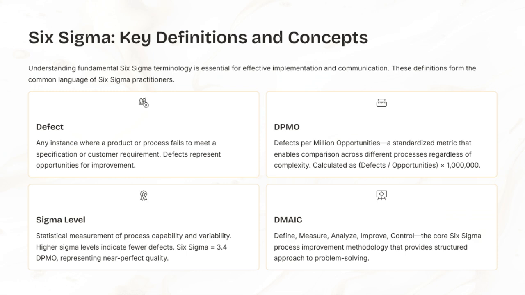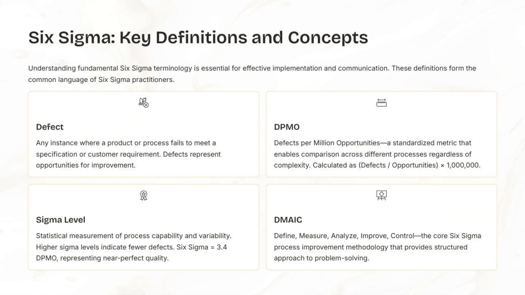Now, a defect is any instance where a product or process fails to meet a specification or customer requirement. Recognizing defects is crucial because each one represents an opportunity for us to improve. Understanding these core terms, defect, DPMO, Sigma level, helps create a common language among practitioners. This shared understanding is essential for effective communication and successful project execution. By mastering this vocabulary, we can better analyze our processes, identify areas for improvement, and ultimately deliver higher quality outcomes